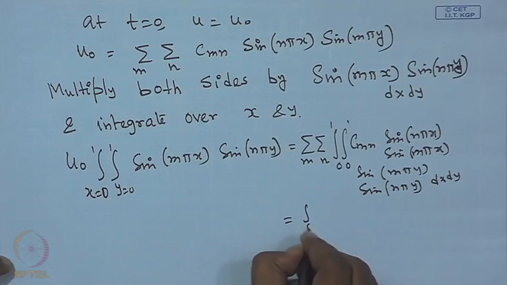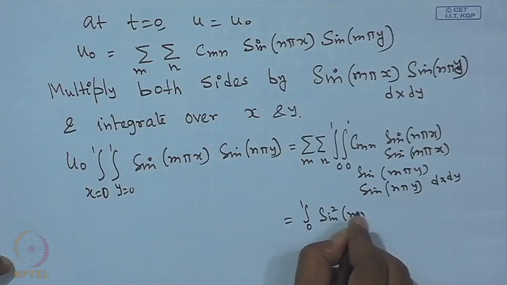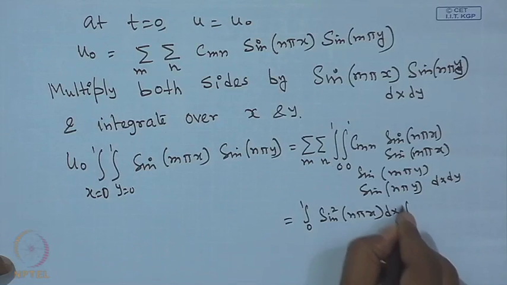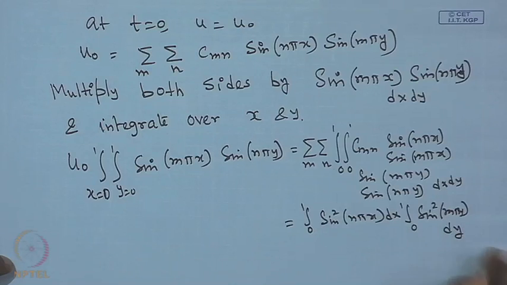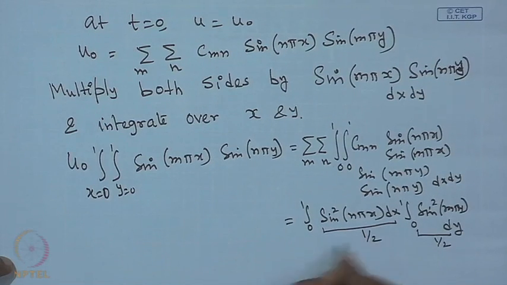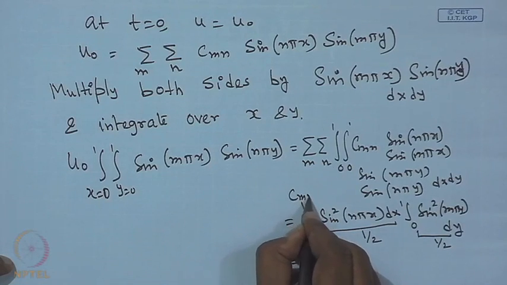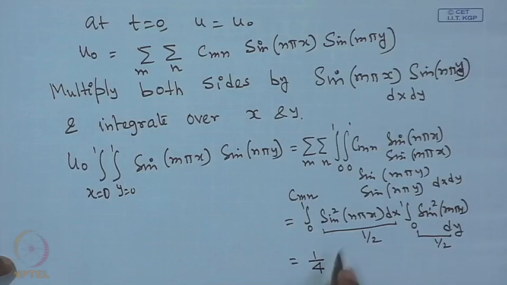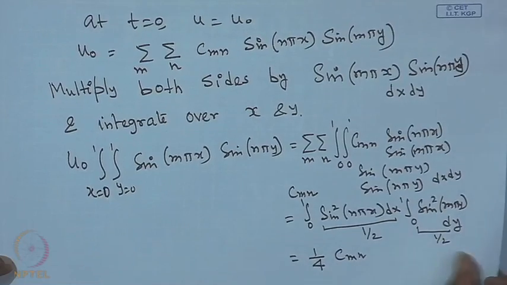So, it will be 0 to 1. Only one term will survive, that will be sin square n pi x dx, and 0 to 1 sin square m pi y dy. The answer of each of these is half, so you will be getting 1/4. So, there will be a C m n here, that is 1/4 times C m n. So, we will be getting C m n as